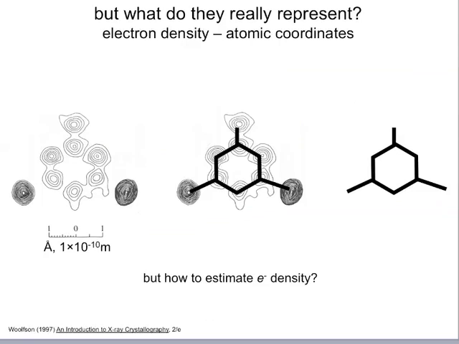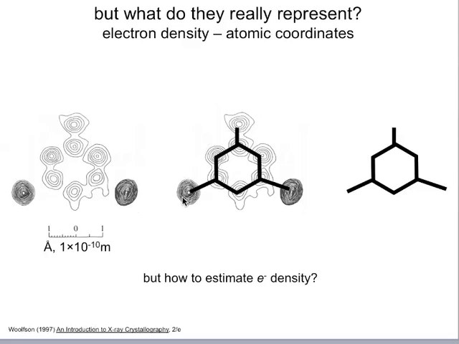What do these things really represent? Well, in the end, we'd like them to represent atomic coordinates, and frequently those coordinates will be based on electron density, where the electrons are in the atom. This is an image of electron density. This is a benzene ring with a couple of chlorine atoms attached, and you see that the chlorine is of course much more dense than the carbon atoms, but we see that it's very simple to understand how then we would begin making our simple representation of these, which is